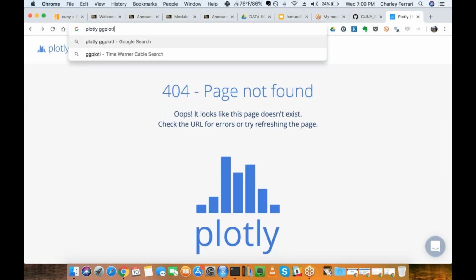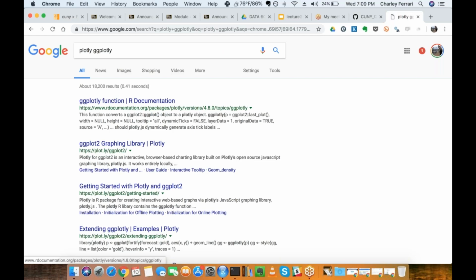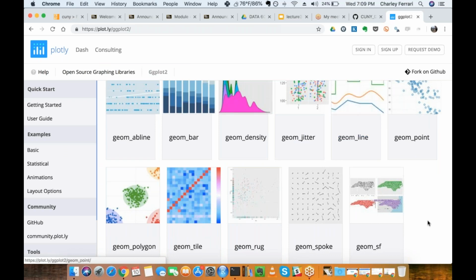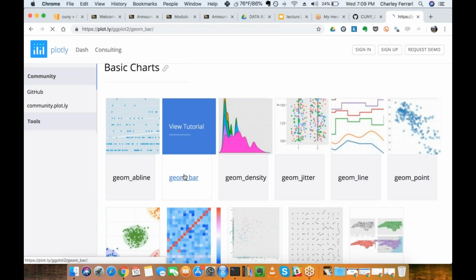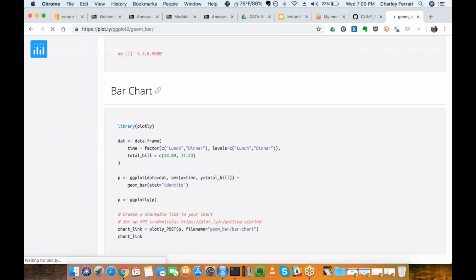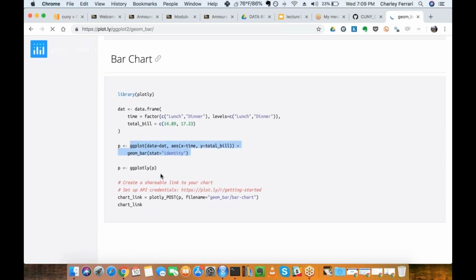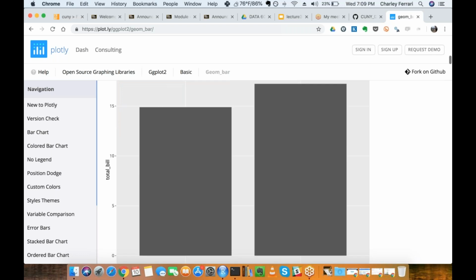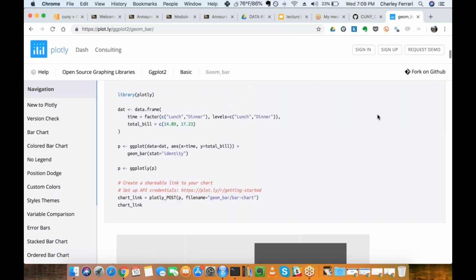It takes ggplot objects and ends up showing them interactively. Let's see where the page is. Yeah, here you'll see a lot of different examples of making ggplot objects and then just running them through this ggplotly command. So you don't even really have to think about the change in syntax. You're just using Plotly as an API to make that ggplot interactive.